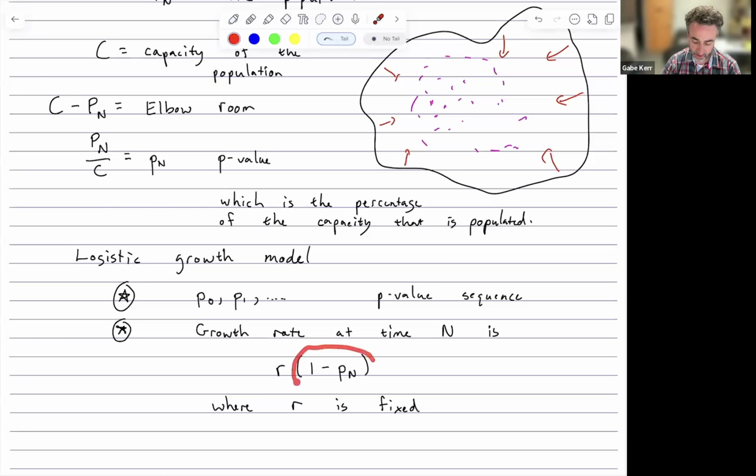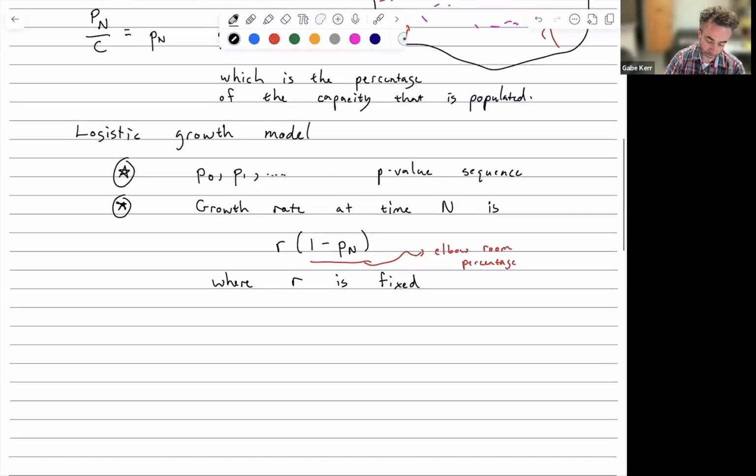So this factor is the elbow room factor, and it will contribute to your growth rate. This is your elbow room percentage, is the way to interpret that. And then this all leads to the recursive formula for a logistic growth model,